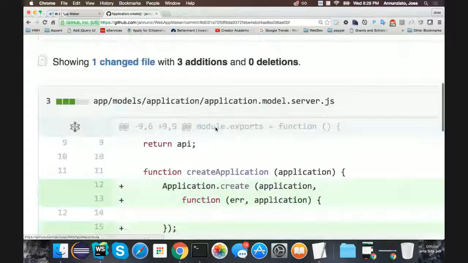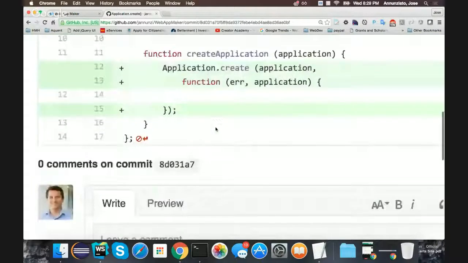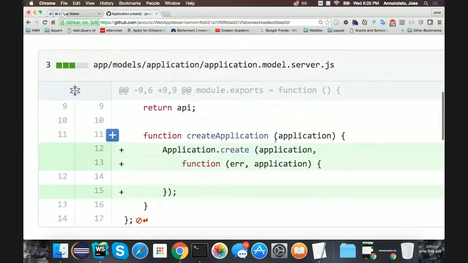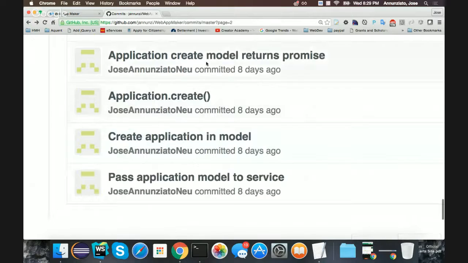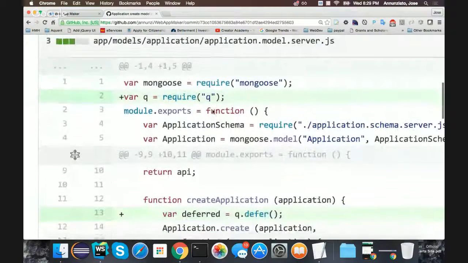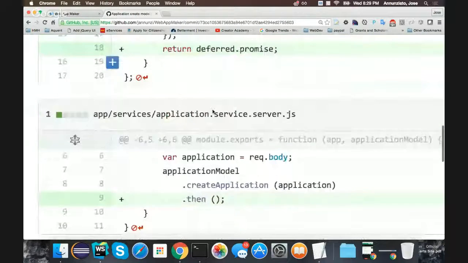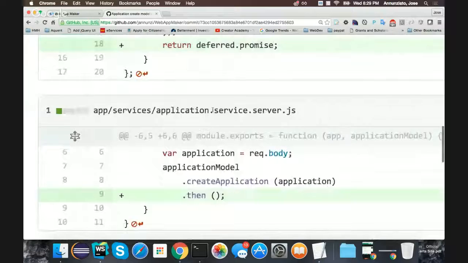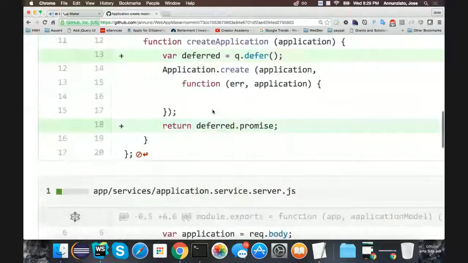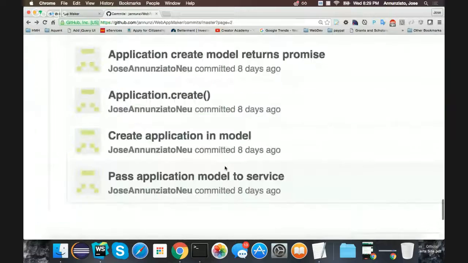Okay, so now the application model, once it receives the instance of the application object, it uses .create, it does the insert into the database. But it's going to return a promise. This is pretty much the same as earlier. Actually, not quite. So it returns a promise, and the web service accepts the then,